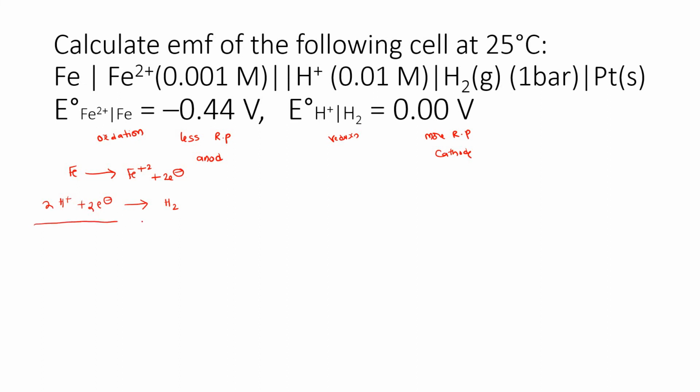Now write down the overall reaction here. Electrons are cancelled. Now the overall reaction is what here? Fe reacting with 2 moles of H plus converting into Fe plus 2 plus hydrogen. Okay, the pressure of hydrogen also we can take here 1 atmosphere. It's a gas, take it 1 atmosphere. So for that one no need to take. Aqueous will have a concentration.